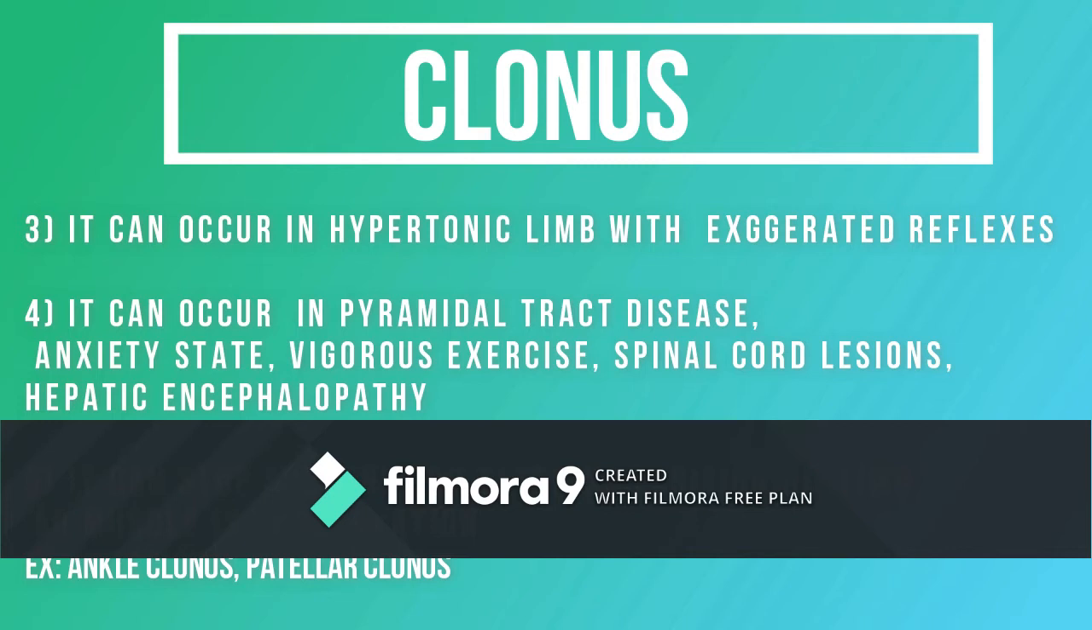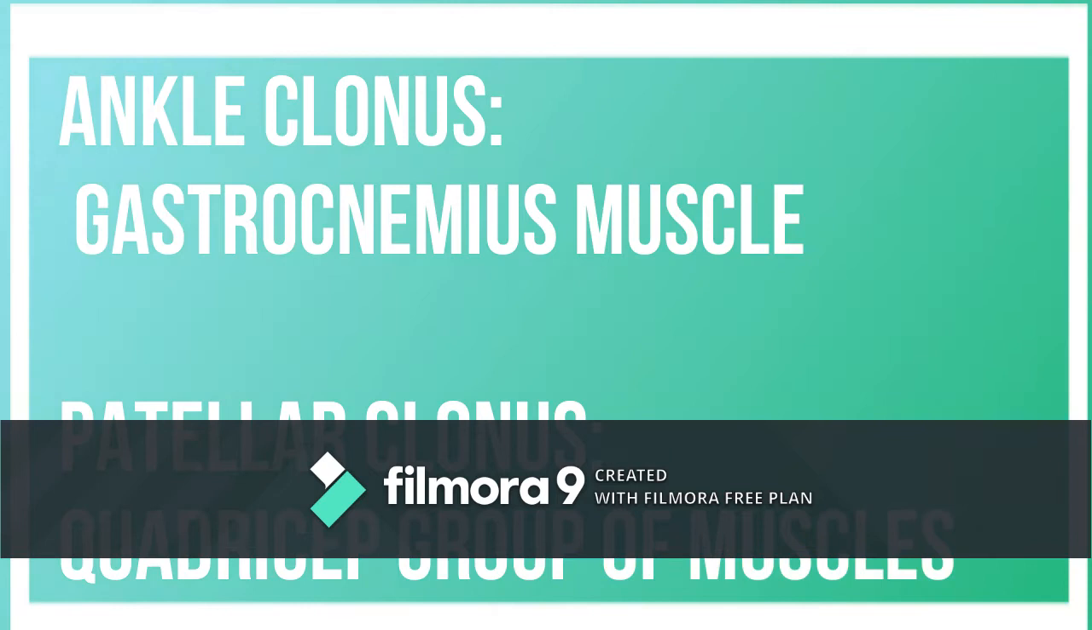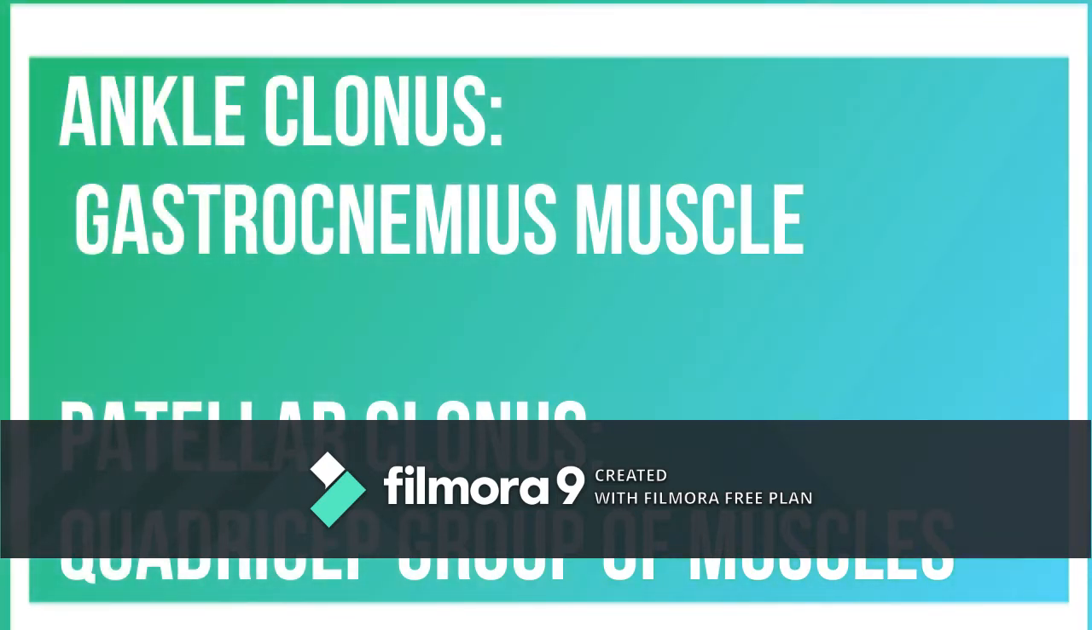resulting in clonus. The clonus can be stopped suddenly when the muscle or limb is brought into such a position that the particular muscle which is in clonus gets relaxed. So by relaxation, the clonus can be stopped. Which are the commonest examples of clonus? Ankle clonus and patellar clonus. In ankle clonus, the gastrocnemius muscle is affected, whereas in patellar clonus, the quadriceps group of muscles is